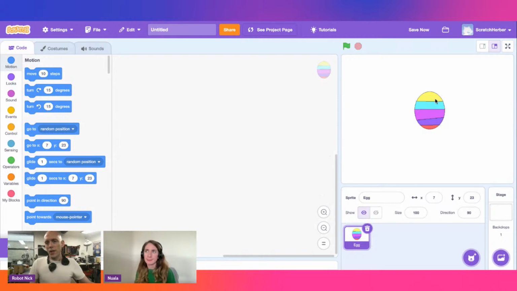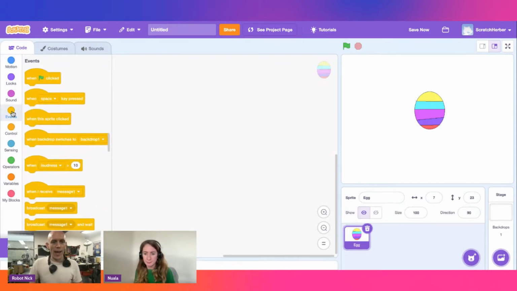Now, at the moment, if I click this egg, nothing happens. So that's the first thing that we're going to change. Clicking an egg is called an event. It's something that causes something to happen. So if I go into my events menu over here, I'm going to grab "when this sprite is clicked"